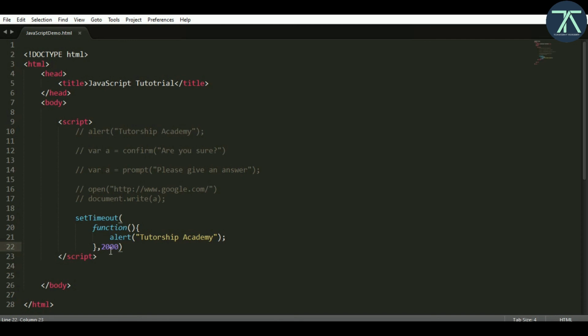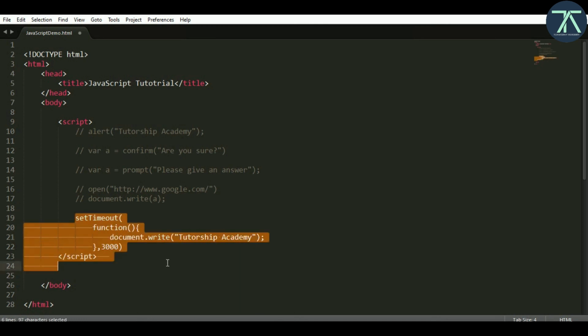Now we can change it as we want. If we give 3 seconds, let's see by printing something. So document.write and tutorship academy. This setTimeout would print after 3 seconds.